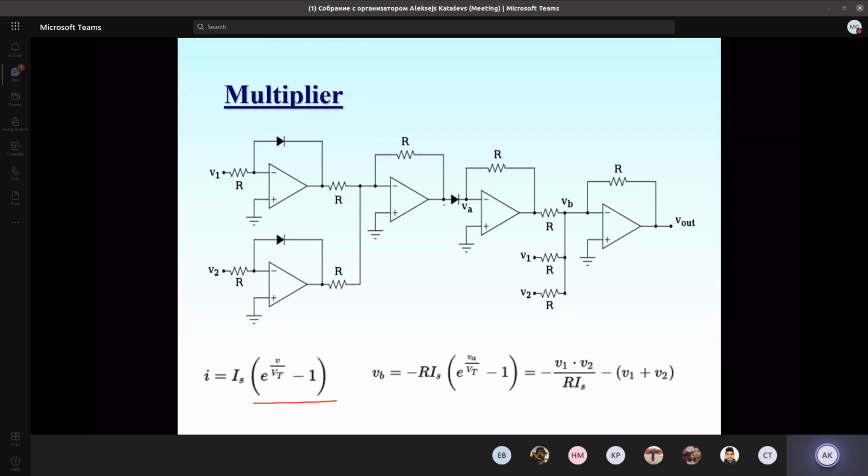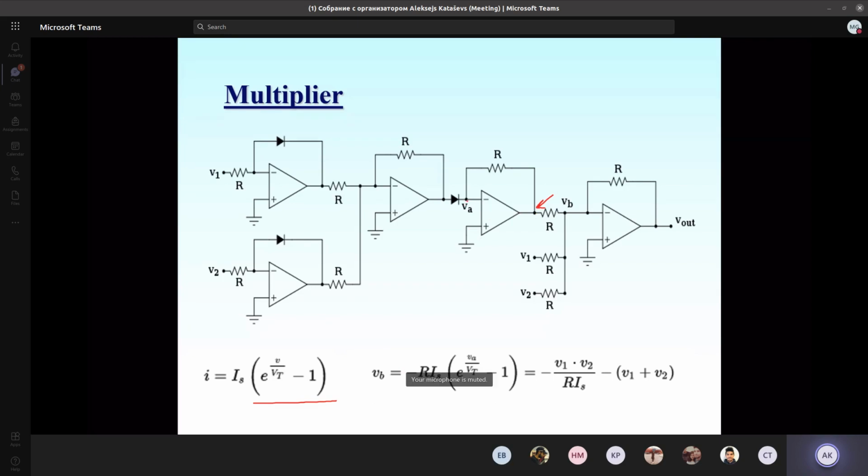If we look at the result, when the voltages V1 and V2 are applied to this circuit, it may be demonstrated that the voltage VB after the anti-log amplifier is related to the voltage on the input